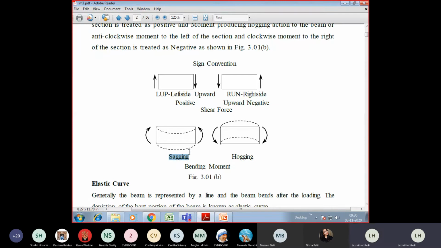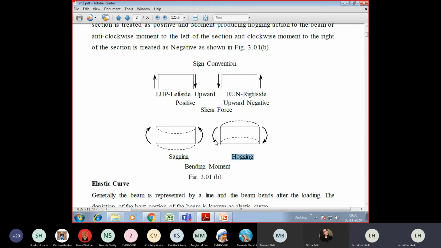In a similar way, exactly the opposite. Sometimes, depending on the beam, the supports and the loading, if the reaction generated is too high, there is every possibility that the beam may bend in reverse order as well, right? So in the second diagram, you can see this bending. Can you see this type of bending? I have shown the dotted line. This is called hogging, and the bending moment generated is called the hogging bending moment.